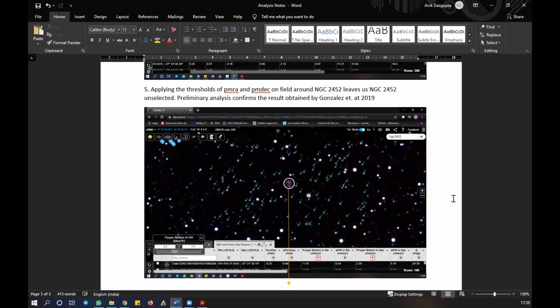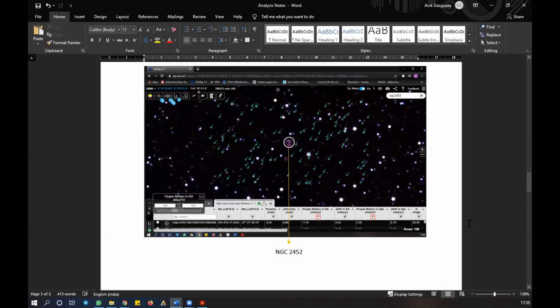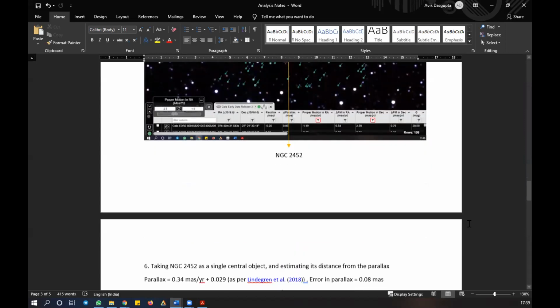So now extinction also you can use to actually assess what is in front, what is in behind. You can also assess, and for those stars, you will anyway know their parallax values. You know that from Gaia, right? Yes. So you can actually find out their extinction values. That we can do. So you can try that out.